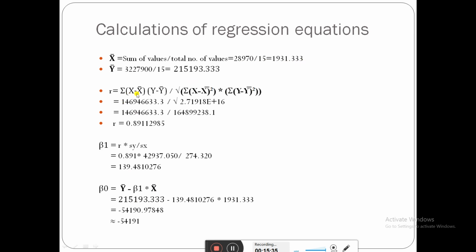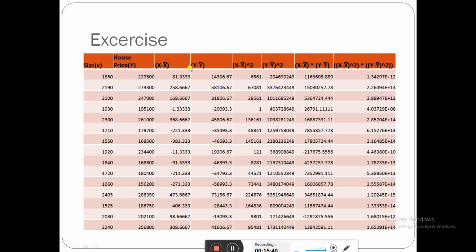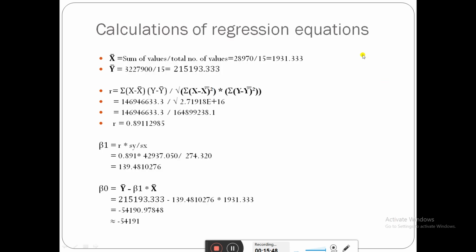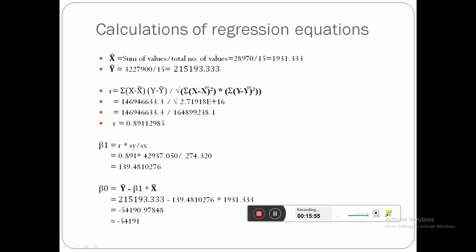Next, r is what we have to find out. We got all the values here. This value is there, this value is there, and the squares we have also done. The multiplications we have done, and these two multiplications also. All the data is there. We have to fill that data in here and find out the r. What is the r value? We have to fill in all the things and find out the r. This is our r. We need the x bar, the y bar, and the r.